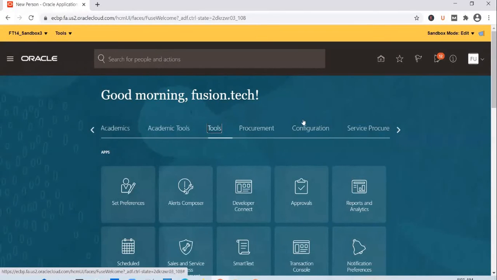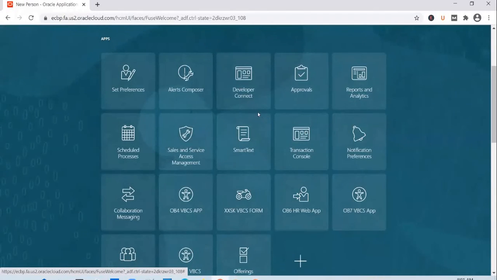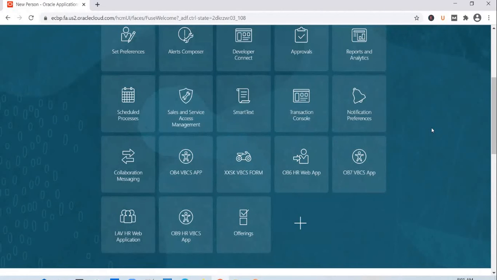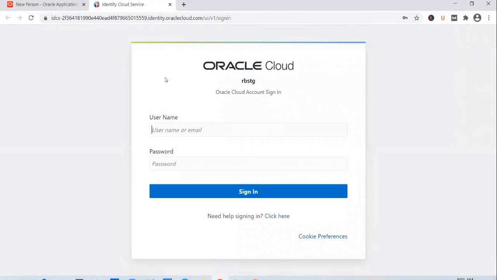Okay, say for example, I go to any navigation option, you see that there are certain work areas available, right? So if there are some extensions built using Visual Builder Cloud Service in Oracle Integration Cloud, these are the VBCS applications built, which are like extensions to the ERP Cloud application. You have a user interface tag to these applications, and when you click on them, a new application gets launched, the VBCS app. And you might be prompted to log in first, and when you log in, you will be able to see the new application showing up there.